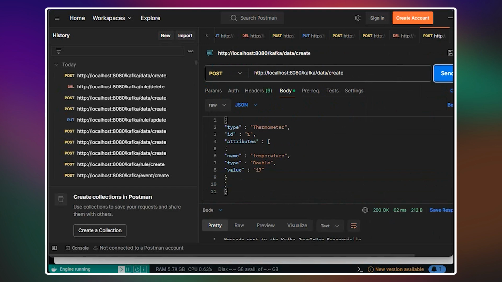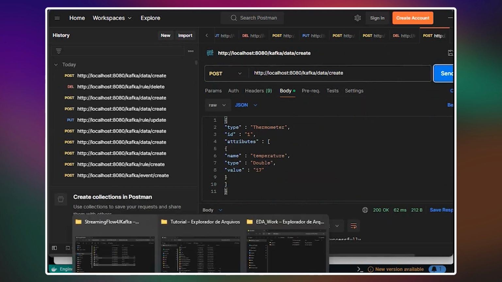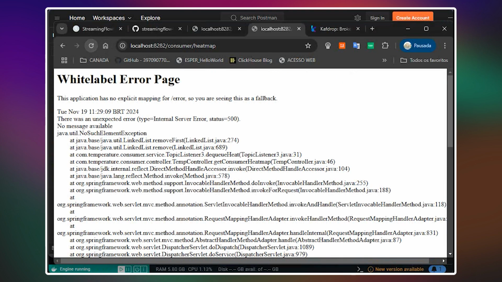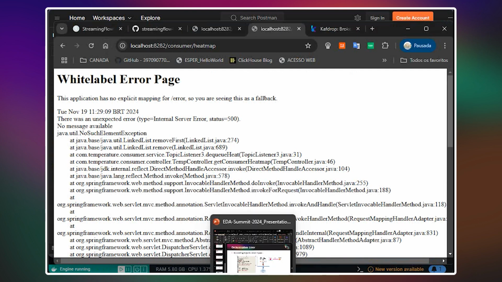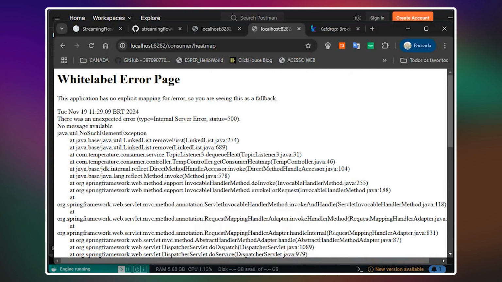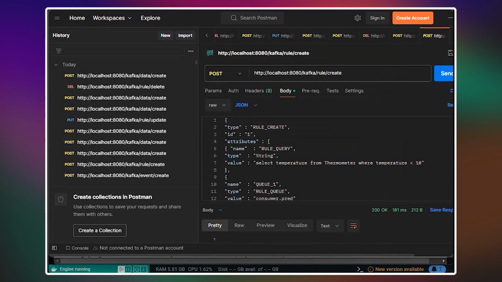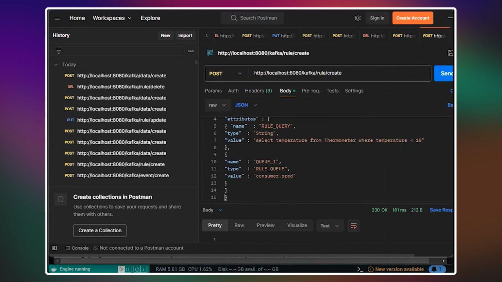Just so I can see, and yeah, it will not receive anything, because of course the queries no longer exist. And if you create a new rule, returning to the consumer thread, and this is the prediction.